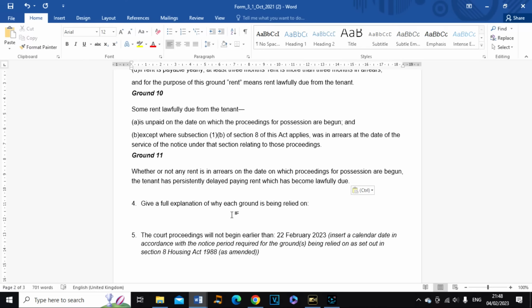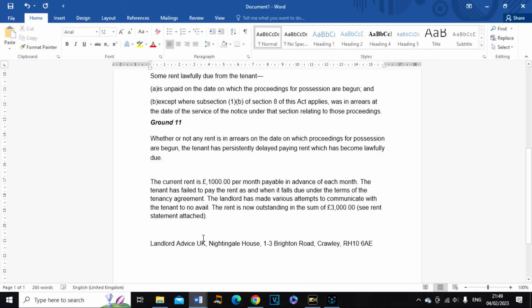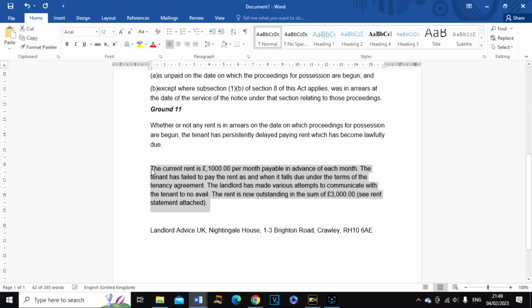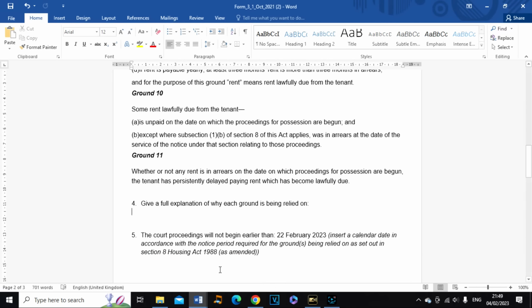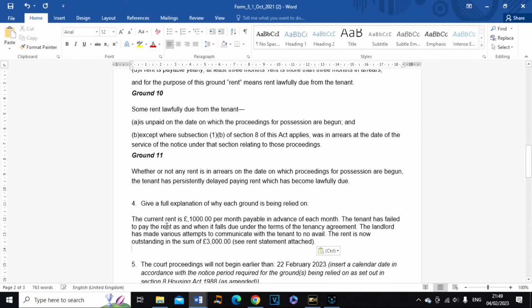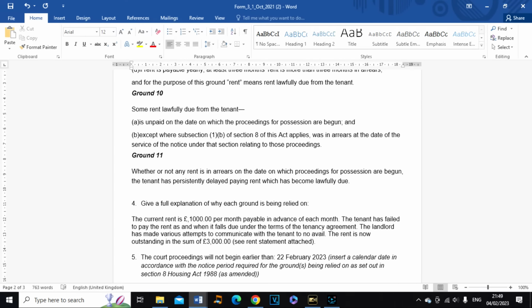Now, if of course you are serving this notice for different reasons, it would be appropriate to set out each particular ground and give a separate explanation as to why each ground is actually being relied on. To make things a little easier, I've got some text that I've already drafted that I'll insert here, which is my explanation as to why I'm serving this notice on grounds 8, 10 and 11, and that explanation reads: